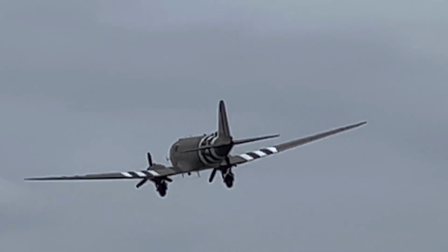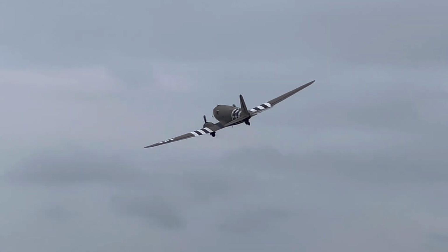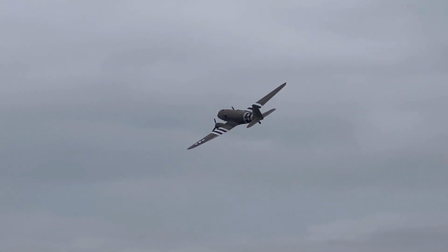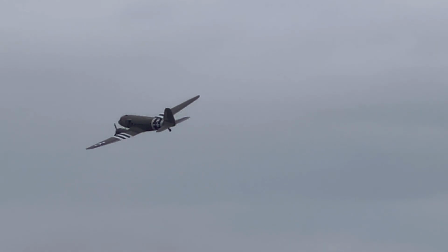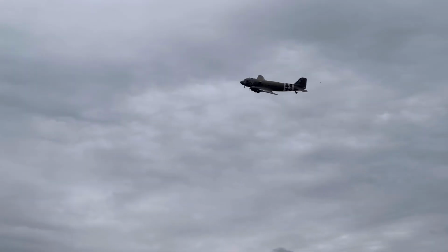This aircraft carries no bombs, carries no guns. And yet is described by Winston Churchill as one of the aircraft that won the war. And he's absolutely right in that, because in warfare, amateurs talk about tactics and strategies. Where the Allies